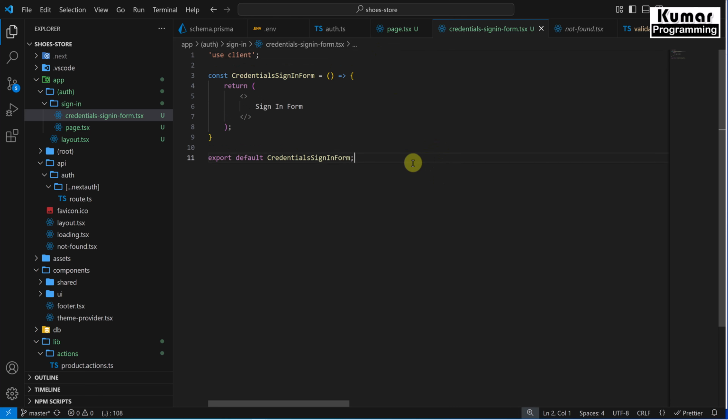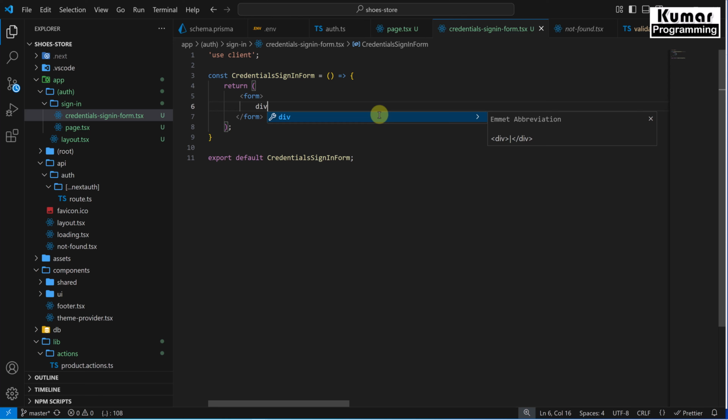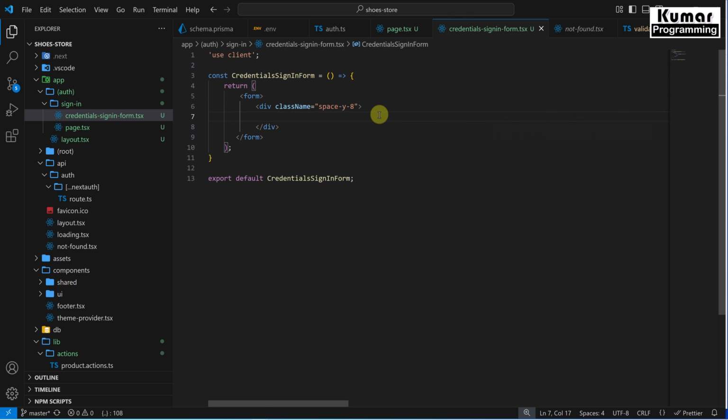Now this component has become a client component, and we can now use all of our React hooks. Now here we will replace it with the form, and inside this form we are going to have a div. I'll give the class name as space-y-6. So it's going to have a space on the y-axis, and inside this we are going to have our email ID and password. Now we will take another div here, and inside this div we are going to use